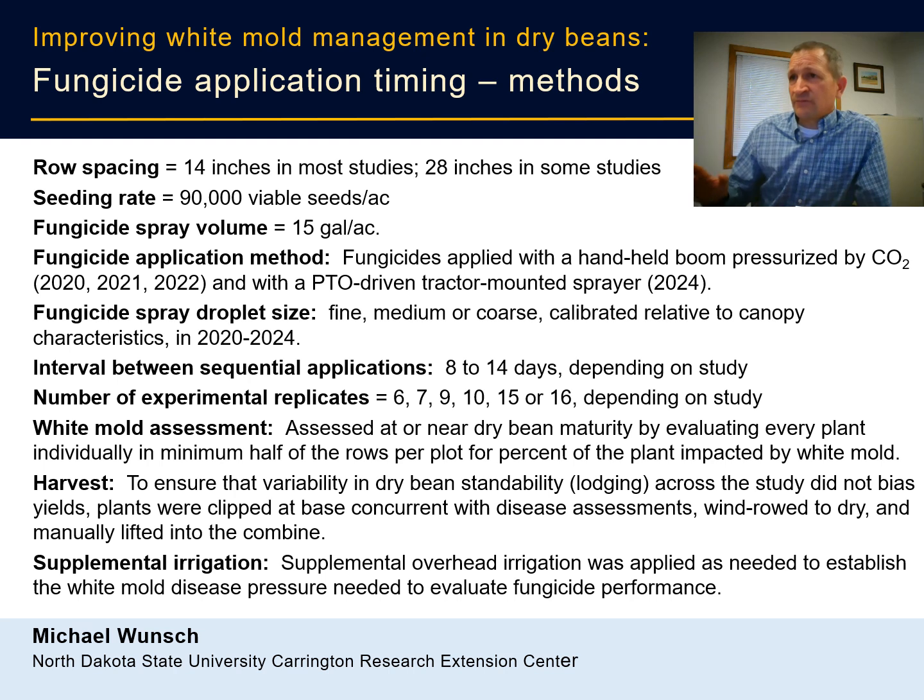We often have differential lodging across the footprint of these studies, and that lodging is independent of disease severity, so it's not reflective of the efficacy of the fungicide. When you straight harvest, the lodging becomes a secondary parameter that influences your yield. And in this case, it would have introduced unacceptable noise into our yield data. And so to ensure that our yield data accurately reflect the impact of fungicide application timing, we conducted this research by knifing the beans, windrowing them, drying them down that way, and then passing the windrowed beans through the combine. Supplemental overhead irrigation was applied and managed to ensure that we had some